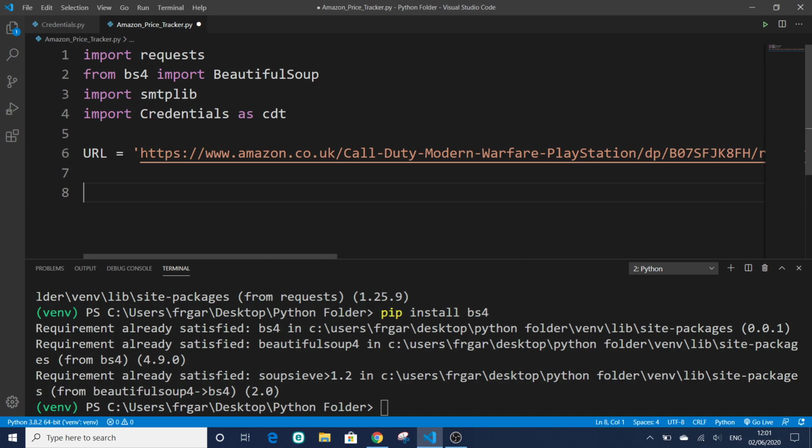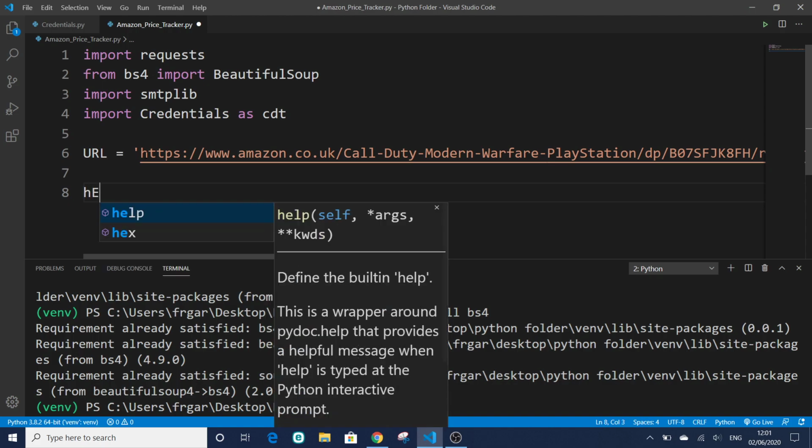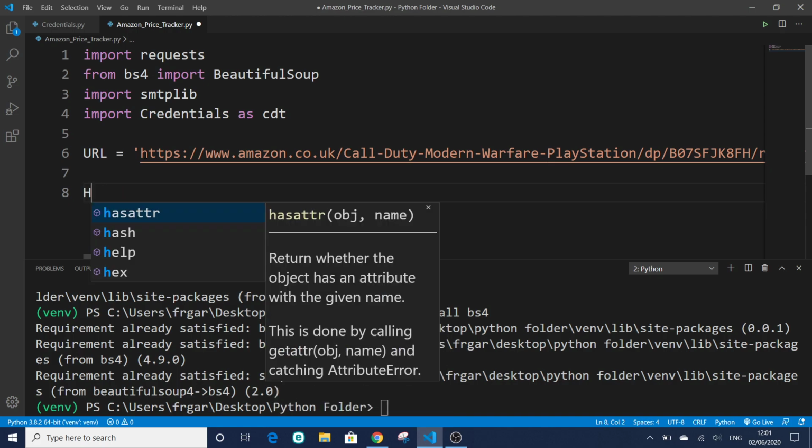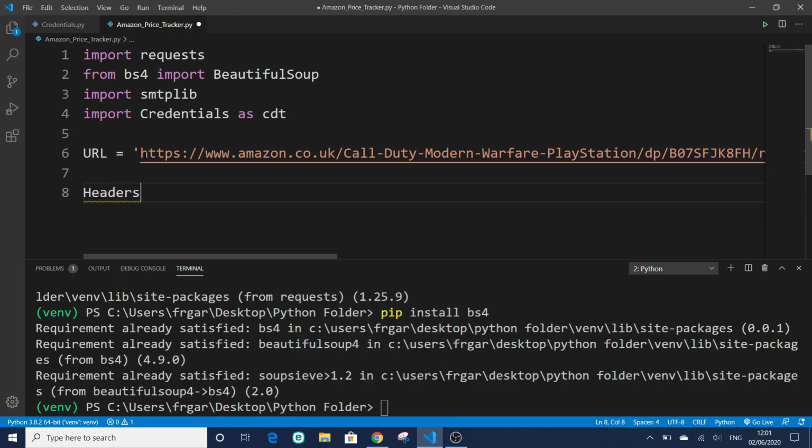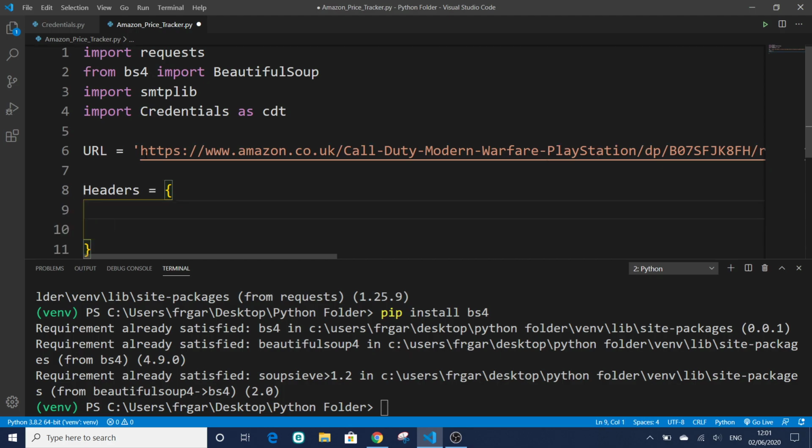Next thing we need to define is our headers. We're gonna call it headers, which is basically going to be our user agent. So we define that, bear with me a second. So User, first one capital, User-Agent